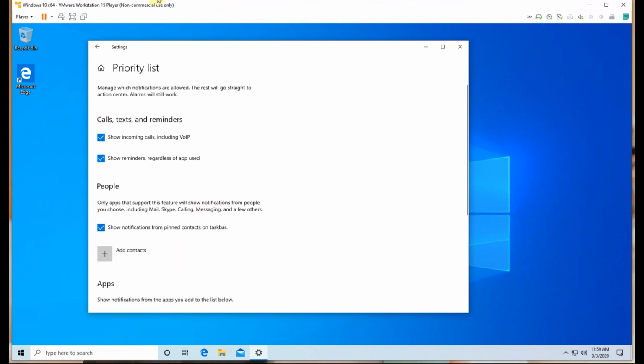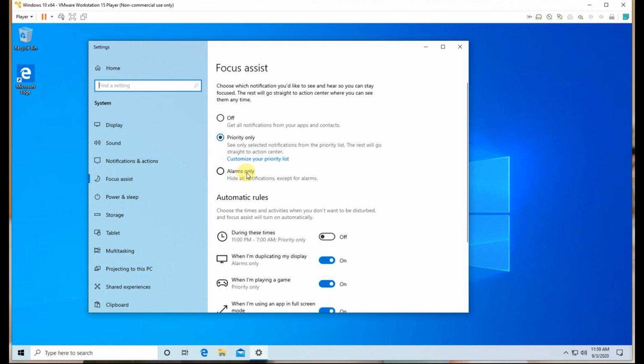or even if you're getting a call or text through your computer. These are options you can just turn off or turn on, or even add some people so that if they send an email or a message to you, you can just accept that at any time, doesn't matter. And obviously the alarm only is the one that provides you the alarms only,